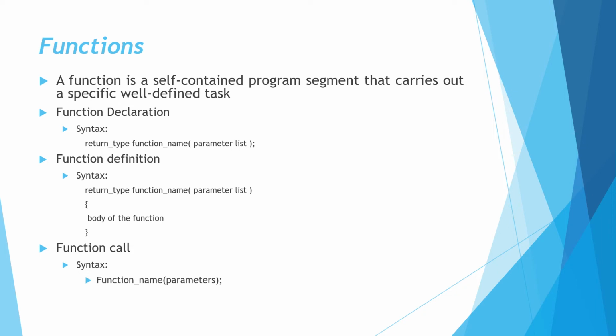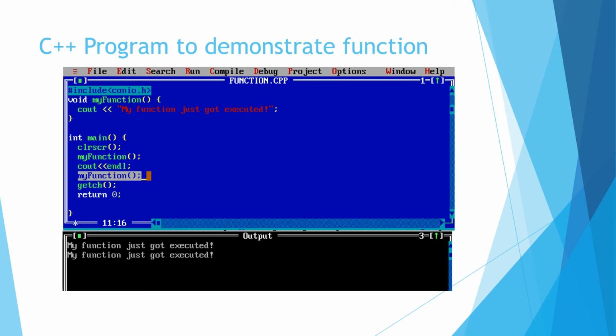Let's see an example related to functions. Yes, one thing I forgot, function declaration and definition can be merged together. Let's see this in our program. See over here, I have a function called my function. In this screenshot, the iostream.h header is not seen, but actually it is there. Void my function. Here my function is the name of the function and its return type is void, that is it is going to return nothing.